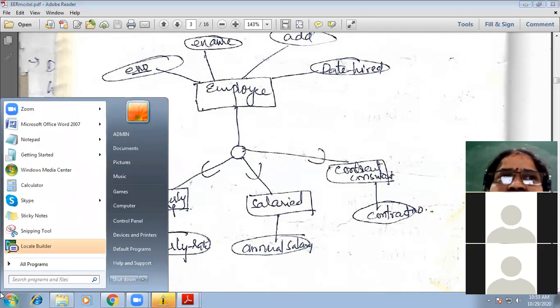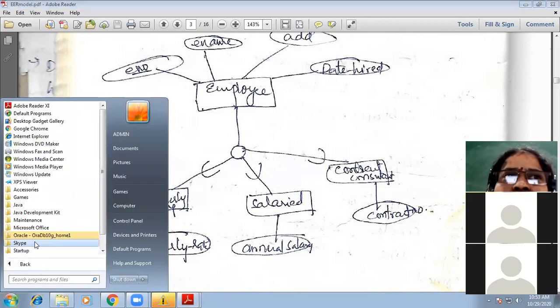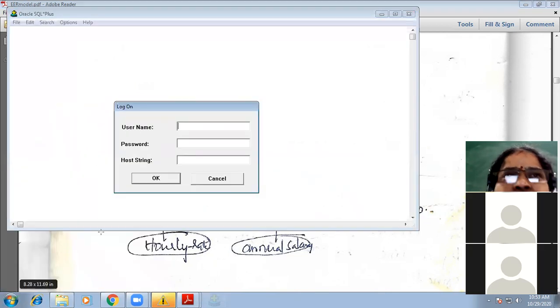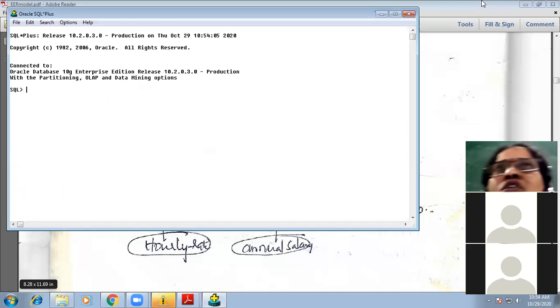Here we have Oracle software. You need to start the Oracle and install it on your system. The password is tiger. See, this is the environment where we will create the tables. After creating a table, you will have a table like this.